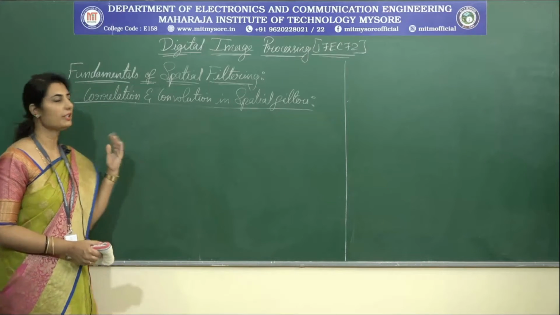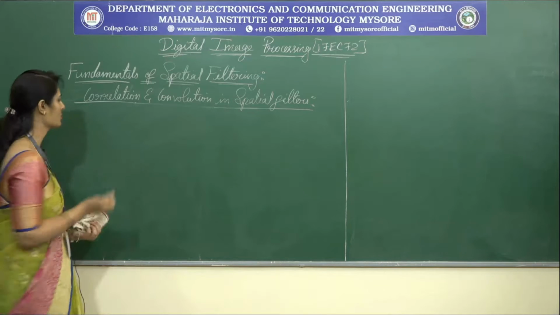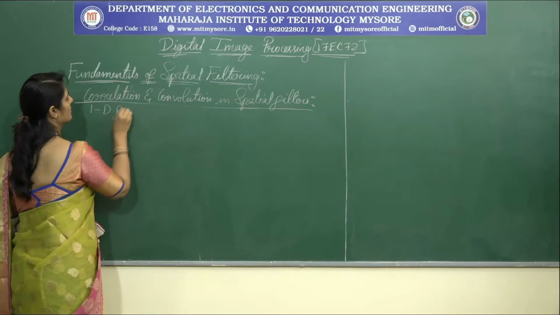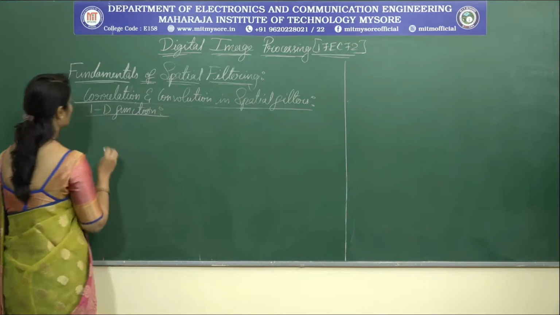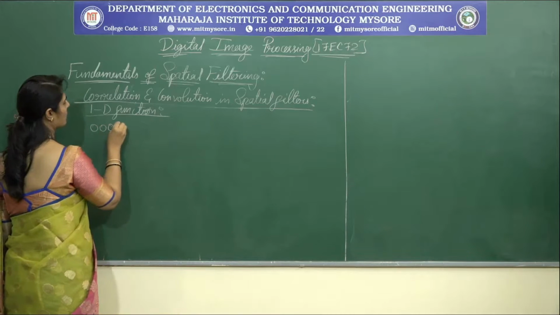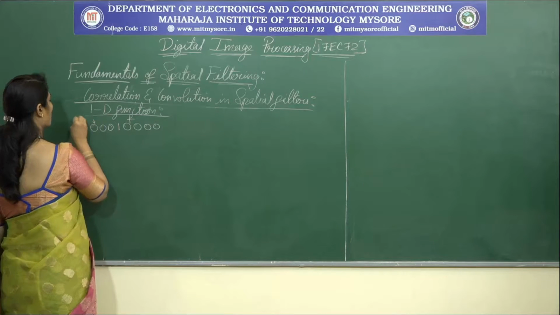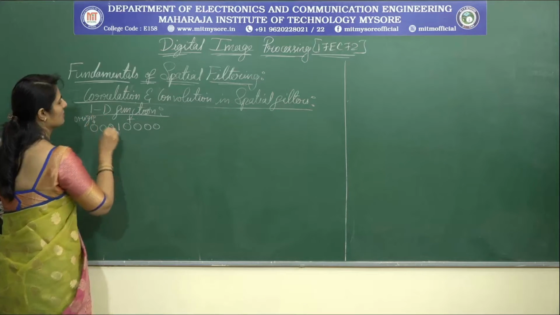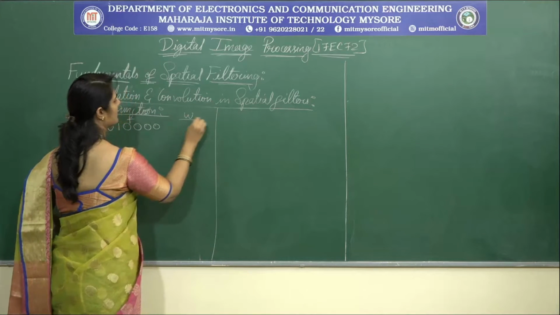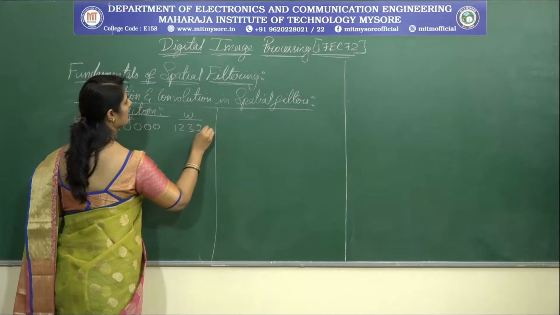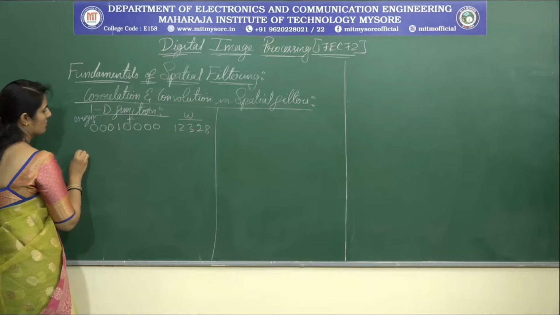In order to illustrate the effect of correlation and convolution, let me consider an example of a 1D function. Let that be 0 0 0 1 1 2 3 4. This is the function and this is the origin. Next, we need to consider the mask. Let this be the mask coefficients. Here, in correlation,